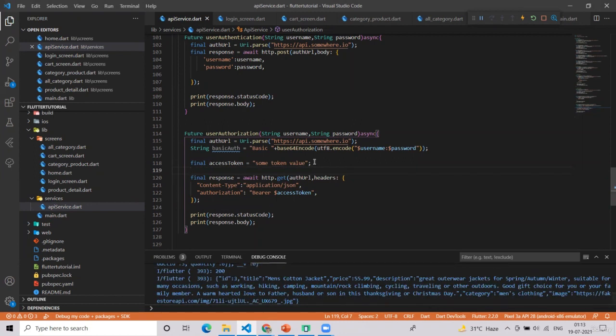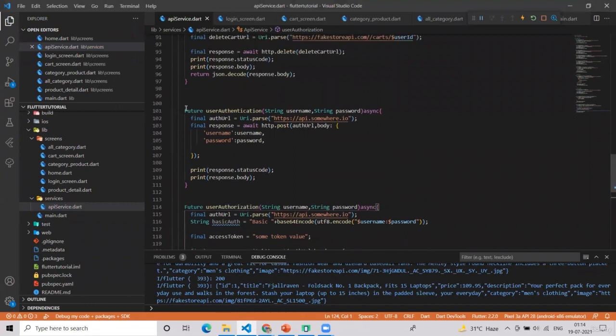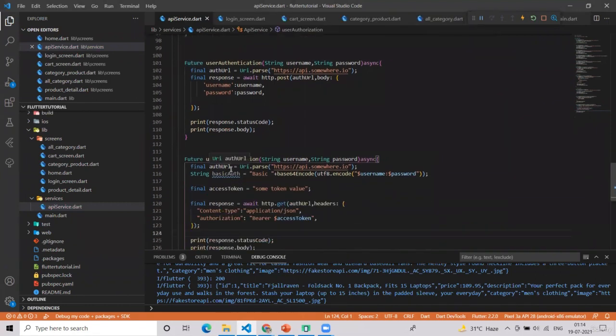I'm just saying it again. If you have an API which has its own API key, then change the authorization key to that specific key. Sometimes some API says that in the header, the key should be like this and then the token value. So you have to read the documentation of that API very carefully so that you don't make any mistakes. But just remember the code here. This is done most of the time when we are doing any kind of authentication.